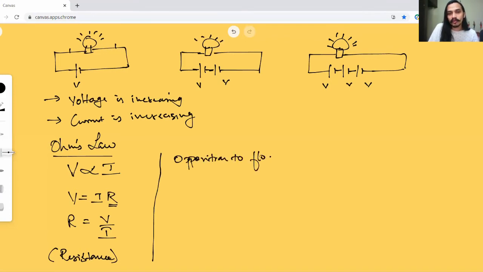to flow of electrons. Okay, we know one thing: when the electrons are flowing in a conductor, they are constantly crashing into the metal atoms and the lattice structure of these atoms and their ions. They hit them, they lose energy, stop. But because of the voltage, they again pick up energy and move. This obstruction is what is called opposition or the resistance to the flow of these electrons. This is what we call resistance.